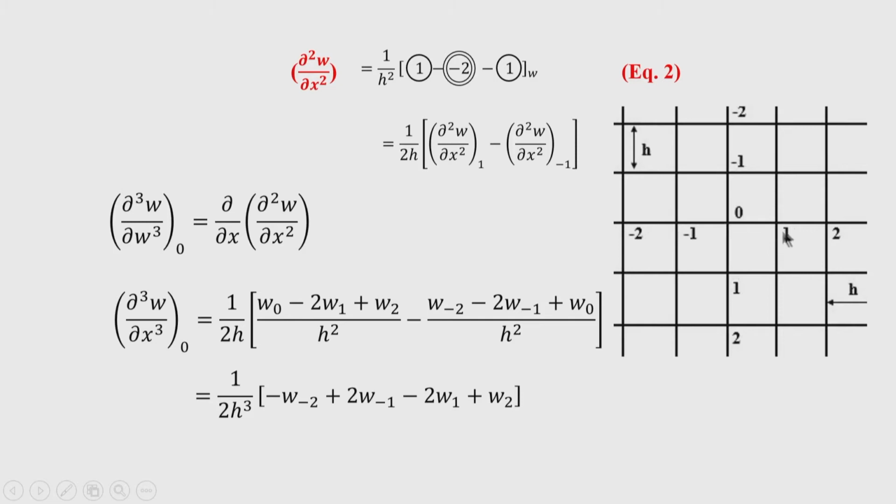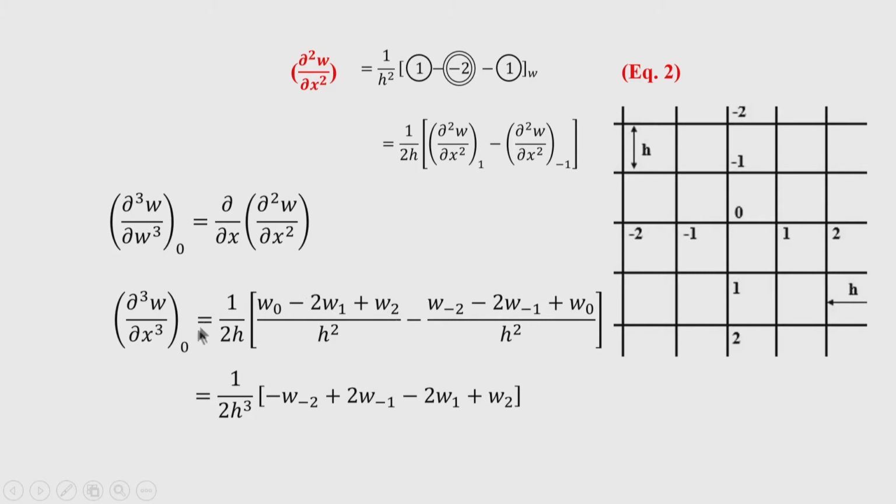Okay, 0, 1 and 2 in the forward direction. If I write this quantity in the forward direction and the other quantity in the backward direction, then in that case if we write this second derivative, we can write w naught minus w 1 plus w 2, and here we can write w minus 1 plus w naught and plus w minus 2. So, all this quantity will be divided by h square.